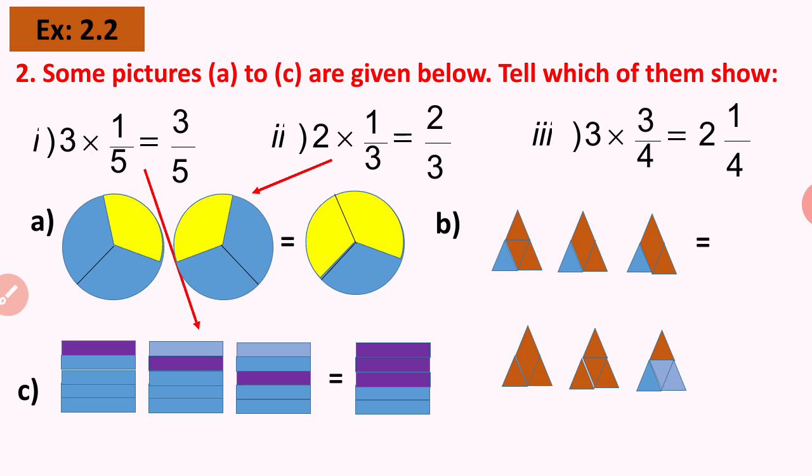Now if I look out for the second one, it is 2 multiplied by 1 by 3. So 1 by 3 is to be written twice. When you total it, that is 2 multiplied by 1 by 3, the final answer will be 2 by 3. That means out of 3 parts, in all we have shaded 2 parts. Again, we have to check that 2, which is the whole number, is multiplied by the numerator.